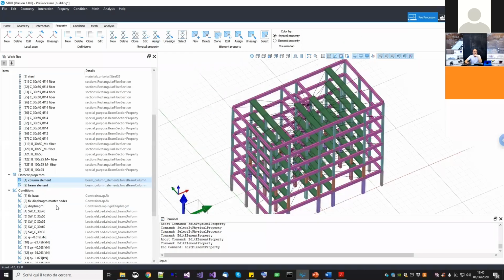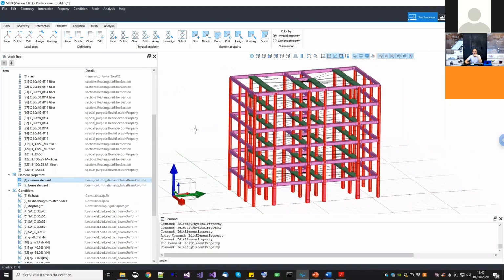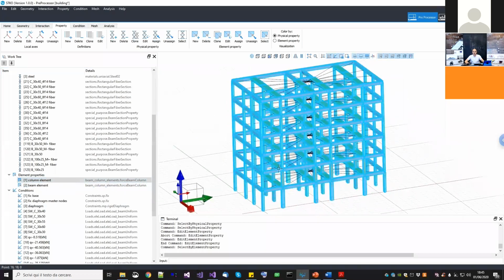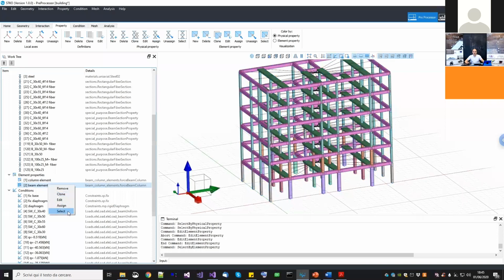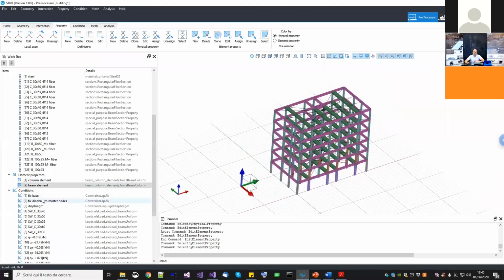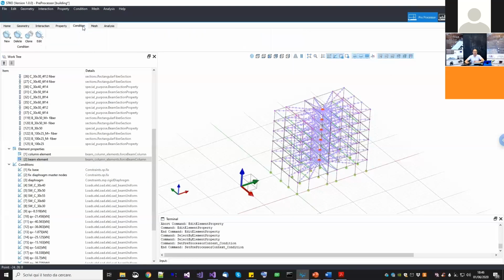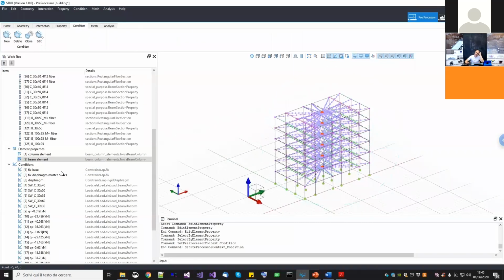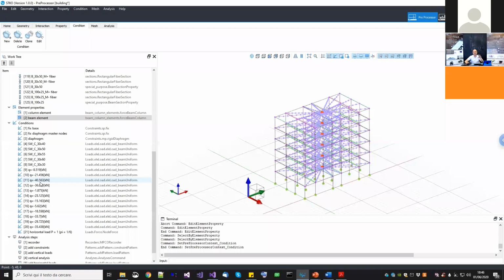And so as you can see also here, I can press select. So this one column element has been assigned to all columns, and beam elements to all beam elements. Okay. Now you have all the boundary conditions. Now if we move on condition, you can see them all. These are the typical boundary conditions that we assigned also in the other webinars, so I will go pretty